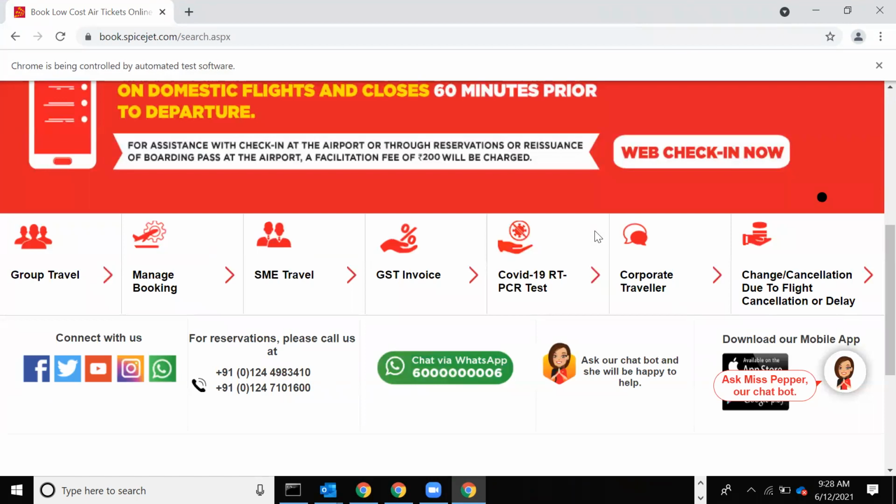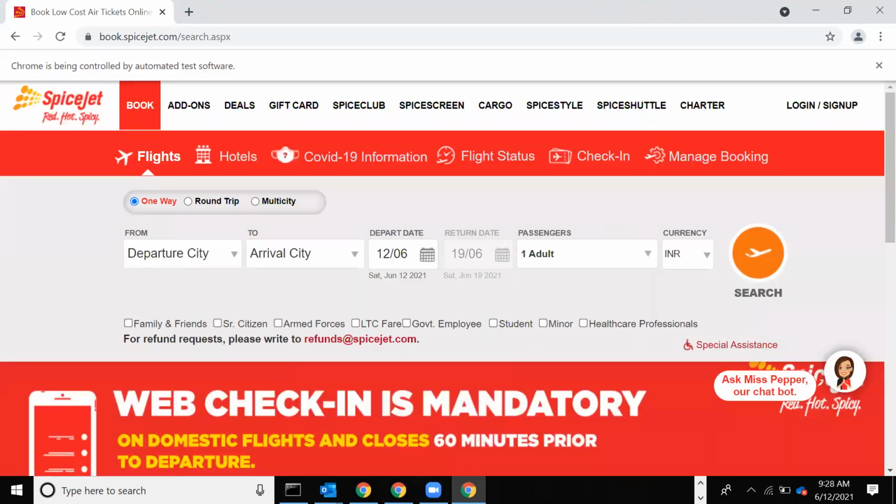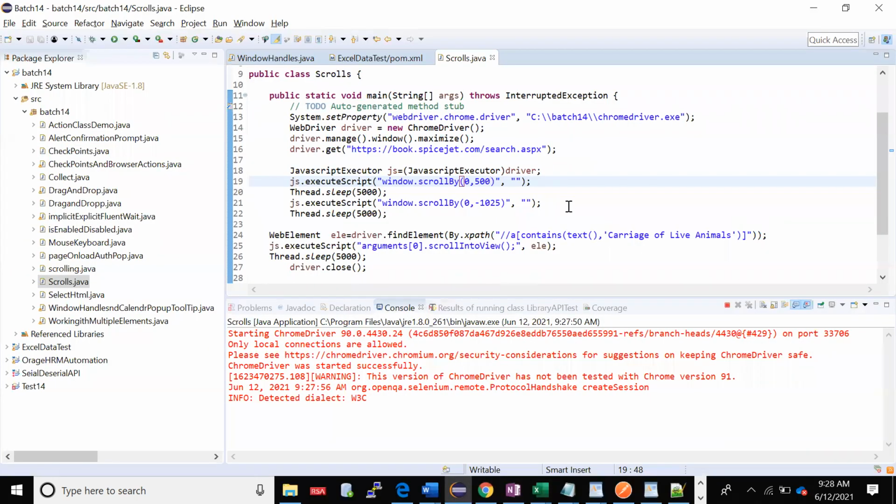See, it is scrolling half. Yeah, got it. Clear, right? Whoever has missed, please make a note of it. Just write it off this program itself. It will be easy, okay? You don't have to remember anything.